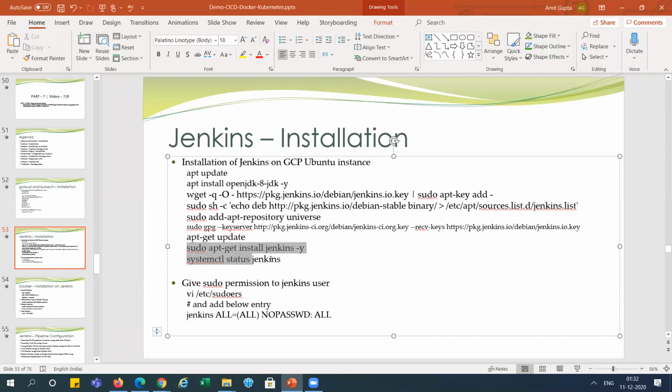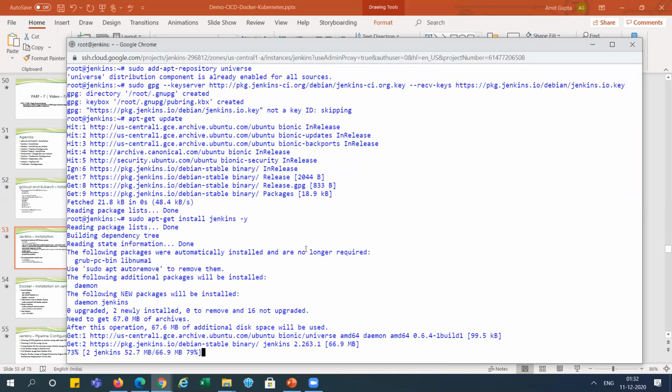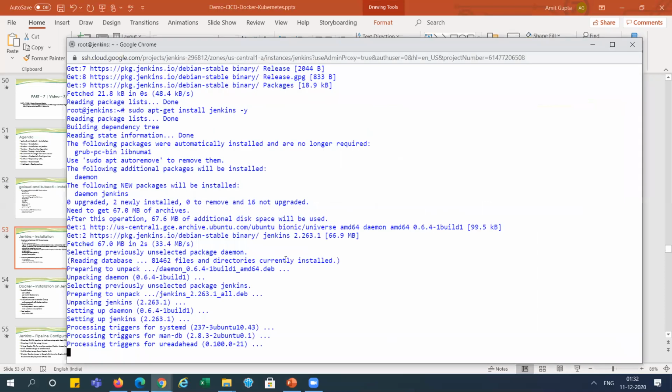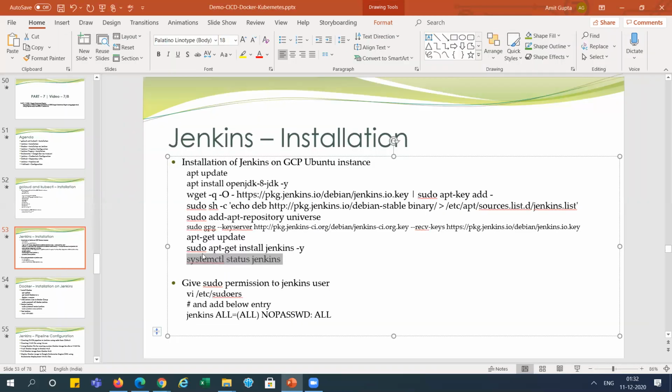Now we will install Jenkins. So Jenkins is installed, right? We have checked the status and it is showing active, right?